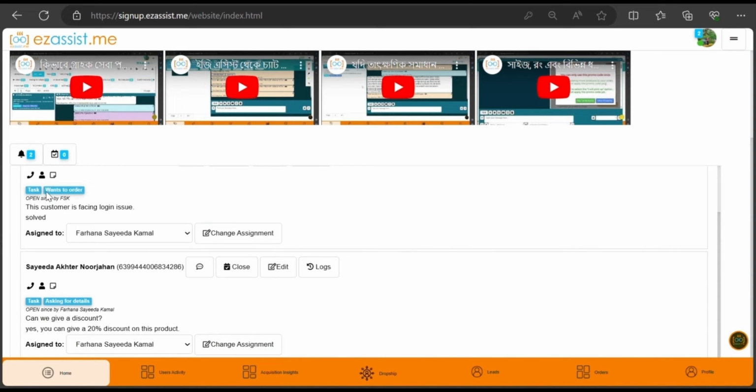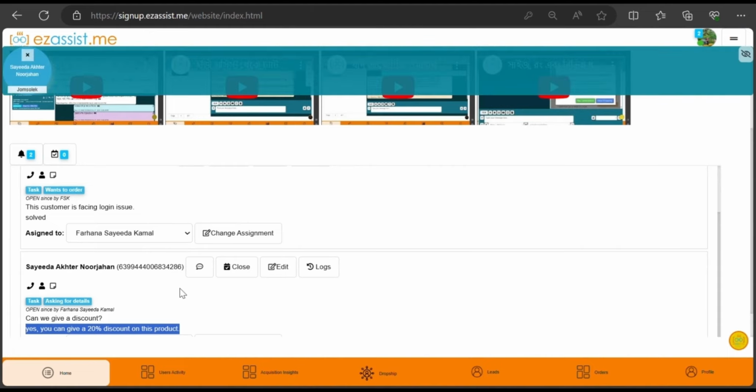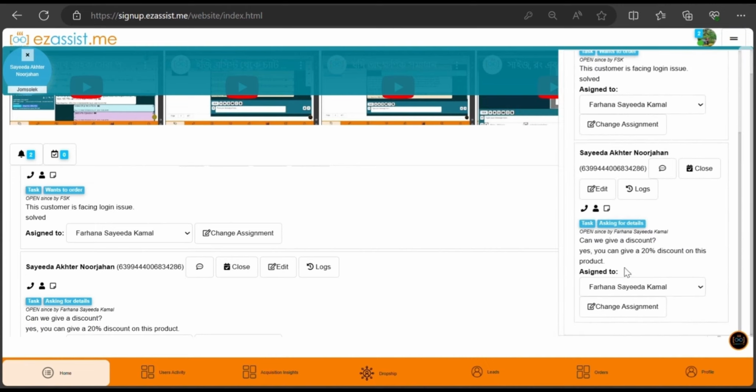We can see that there are two notes displayed with my name. This is the note that I have just created. I can see my supervisor has replied to my query. At first, I need to respond to that chat by clicking on the chat open window. I can open the window either from here or from here. As you can see, both of them have the same functions. I'm opening the chat window from here